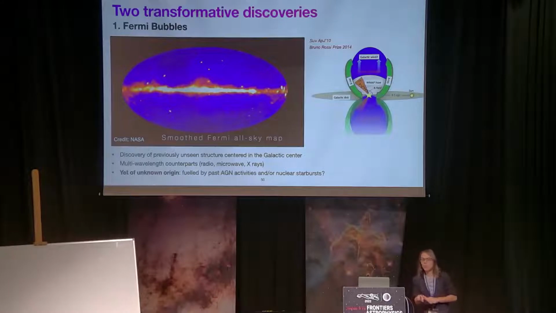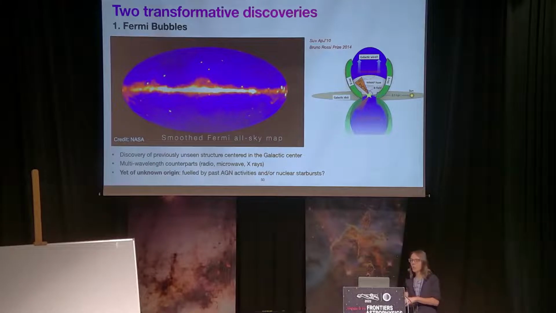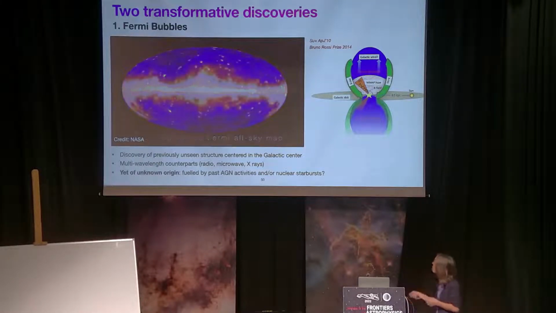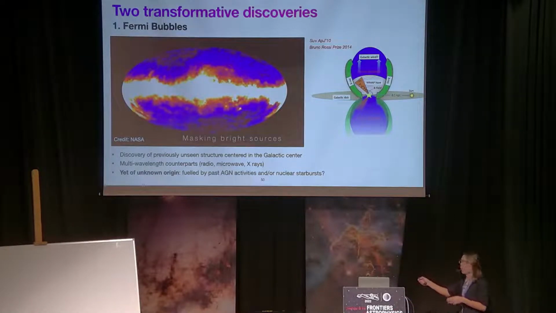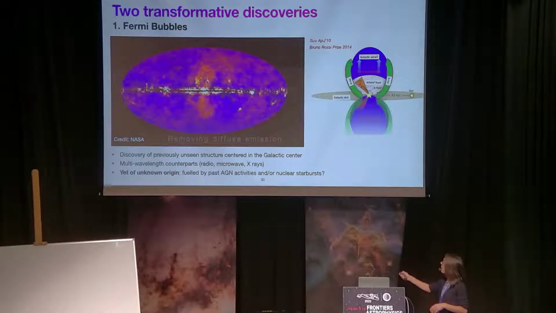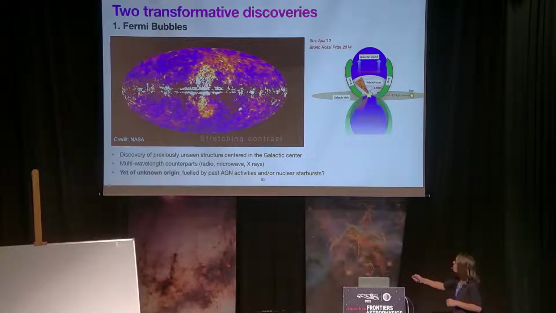There were two main transformative discoveries that the LAT made and that are also relevant for new physics studies. One is the discovery of the Fermi Bubbles, which are extended structures that emerge in the high energy sky at around 100 GeV in the data of the LAT, with very, very basic cleaning of the data. You see this bilobular structure just appearing. It extends up to about 40 to 60 degrees in latitude above and below the galactic plane,